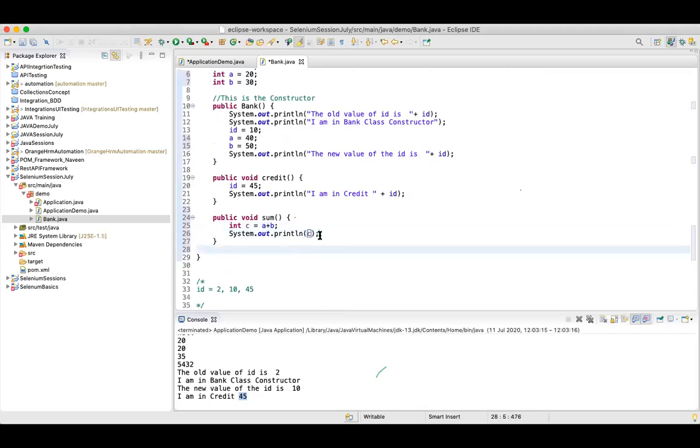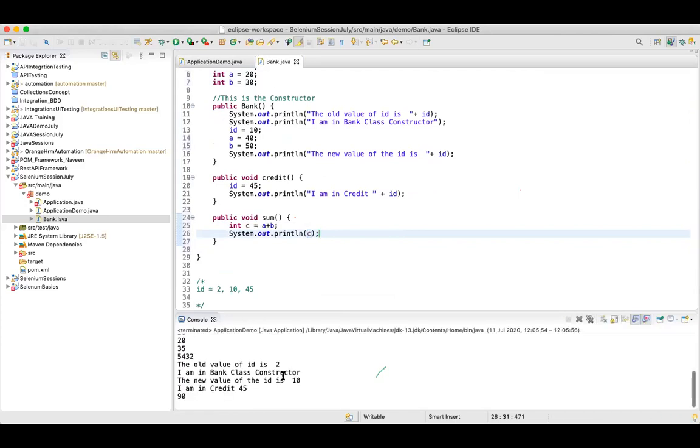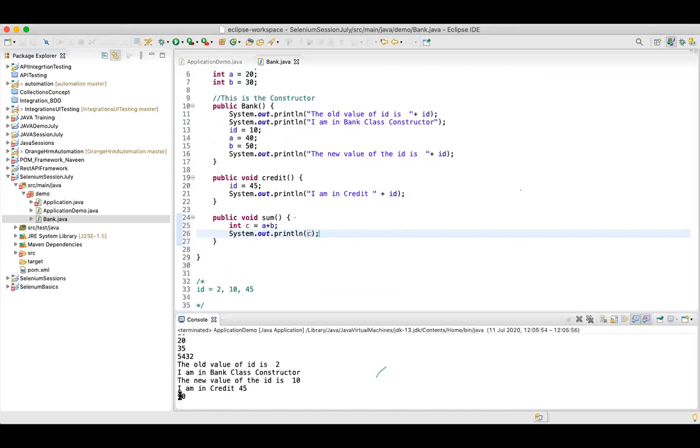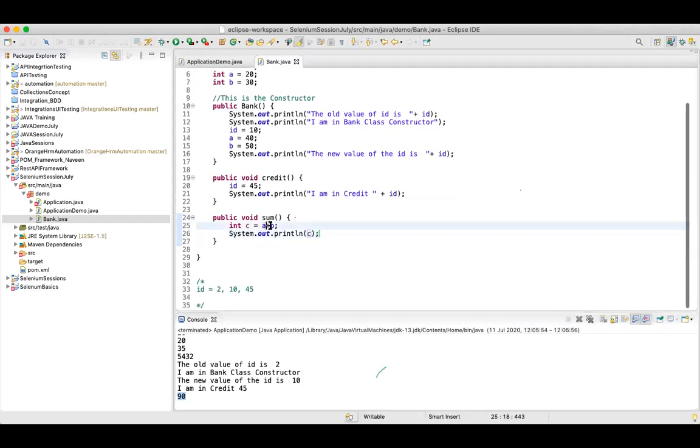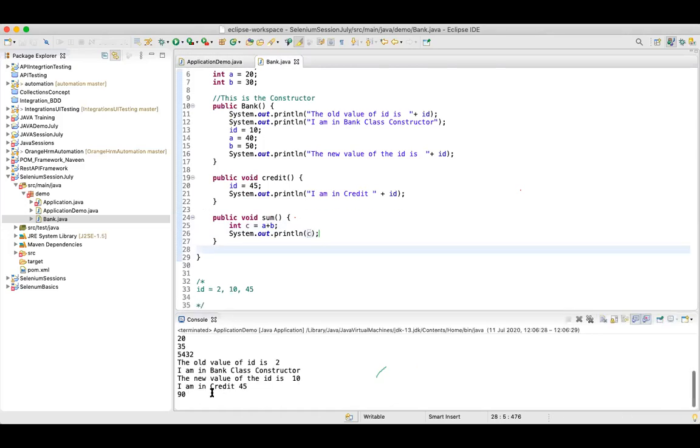Now let's see if it is printing 50 or not. Sometimes Java also does not work accurately. See, I told you, there are some issues in Java as well. Java is not calculating properly sometimes. So is this an issue in Java, or is it an issue in our understanding, guys? Or is Java not able to do the simple calculation of a plus b? Let me try to run again. It says 90.